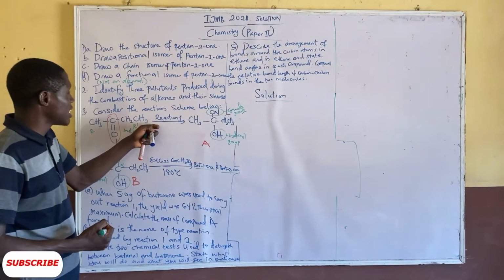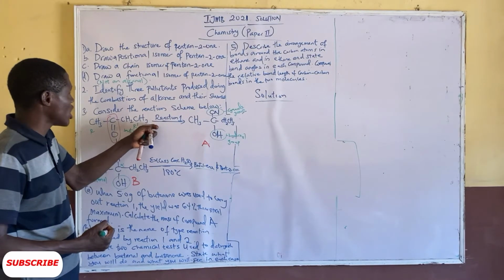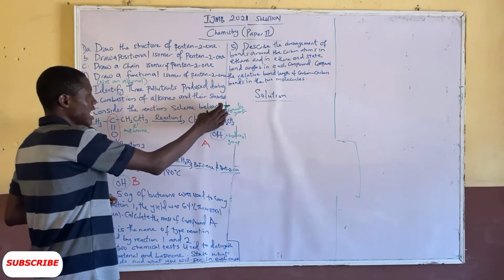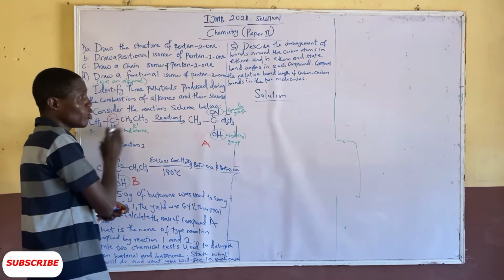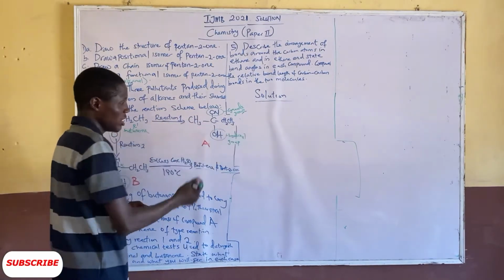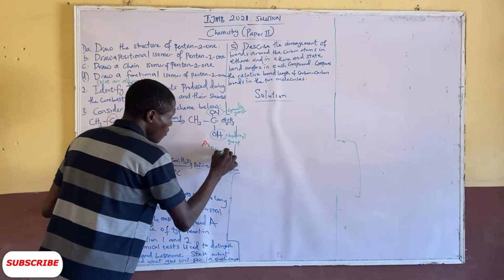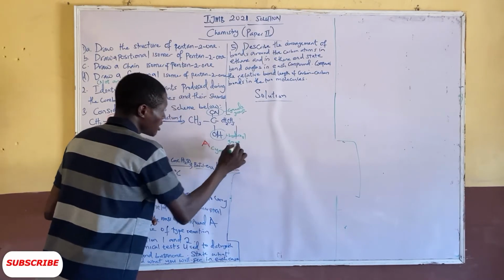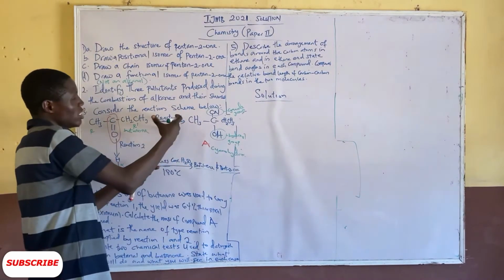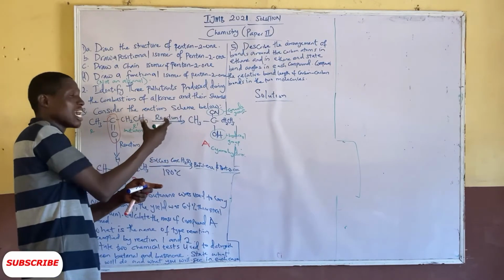And this also is an addition reaction, whereby cyanide is added to butanone to form cyanohydrin. We call this cyanohydrin. It's called cyanohydrin. When you add hydrogen cyanide,